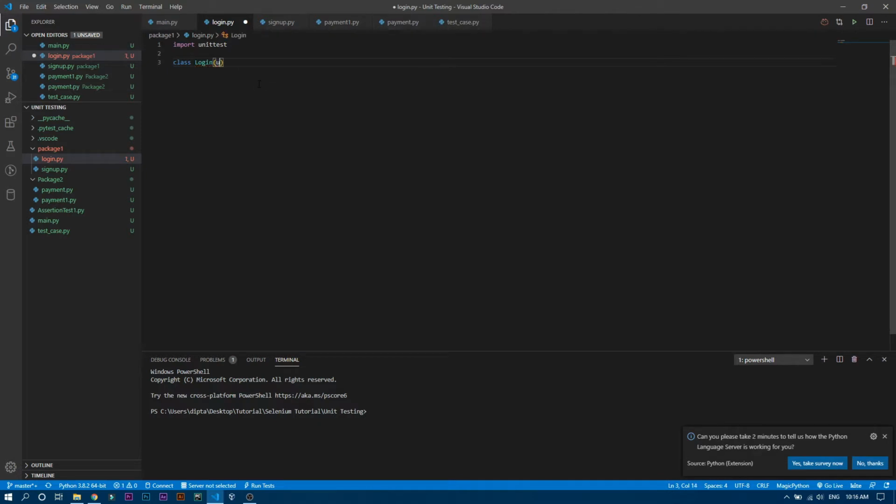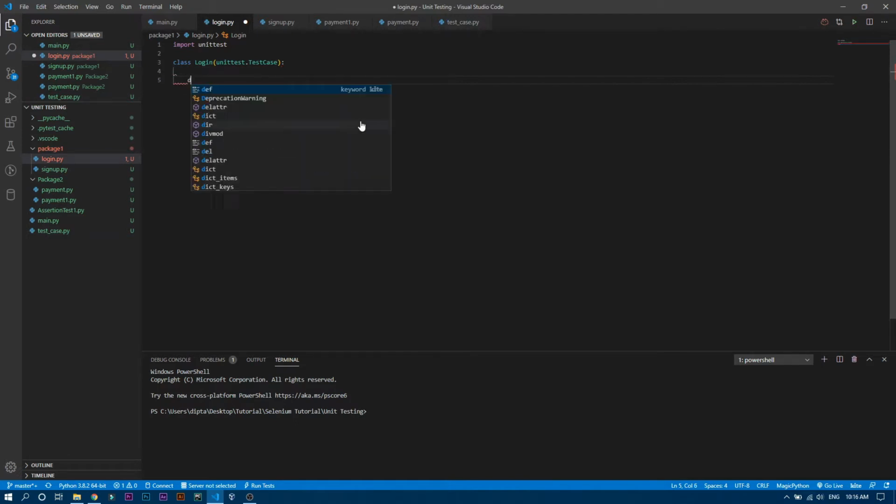Inside the parentheses we have to write unittest.TestCase. And inside the class, since we are not dealing with Selenium for now, we can make only one function that should start with test.